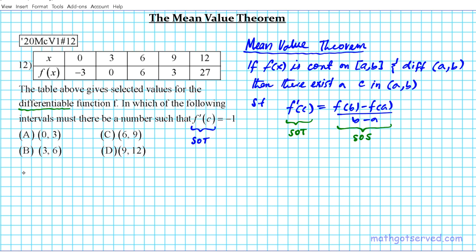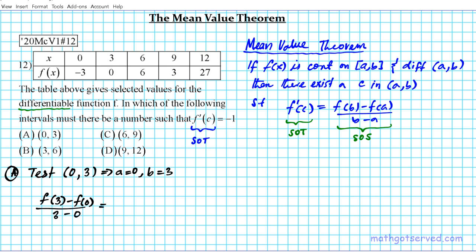Alrighty, so option letter A, we're going to test the interval [0, 3]. What on earth does that mean? Well, this basically means that our a is going to be 0 and our b is going to be 3, and we're going to see if the slope of the secant line is equal to -1. All right, so let's do it. So we're looking for f of b minus f of a. So f of b is f of 3 minus f of a, divided by b minus a,